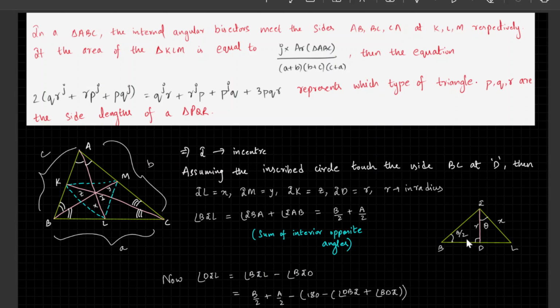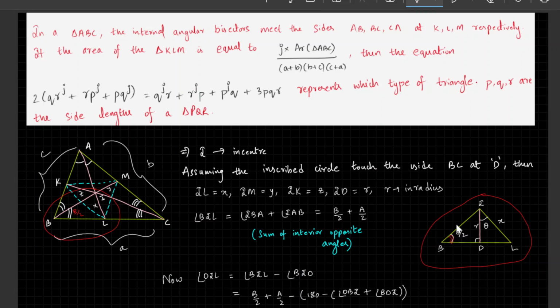These are all the basic concepts of incircle. And if we assume IL to be X, you can just have the zoomed version of this triangle. So this is the triangle IBL that we are focusing on here. We have assumed that D is the point where the incircle touches the side BC, and so ID would be R and it will be perpendicular. Now this angle will be equal to B by 2, isn't it? Because this is B by 2. And this is R, this we have assumed to be X, and DIL is assumed to be theta.